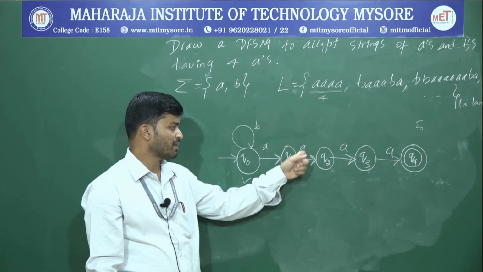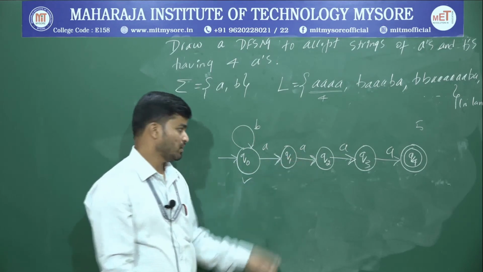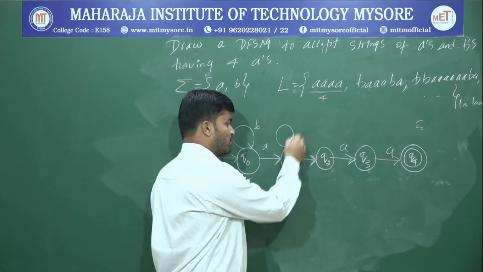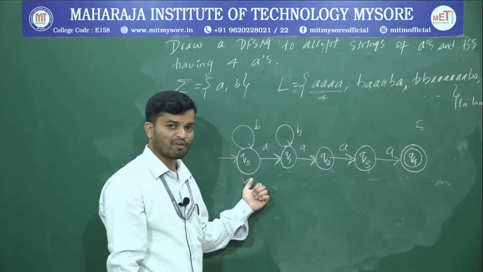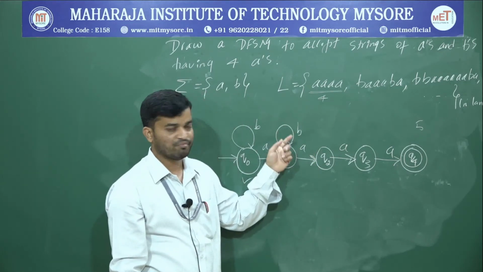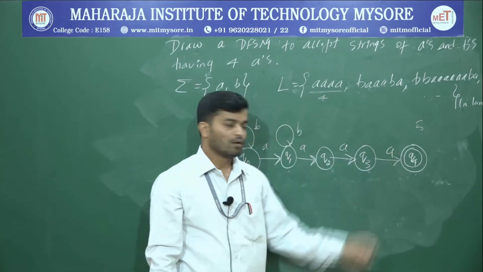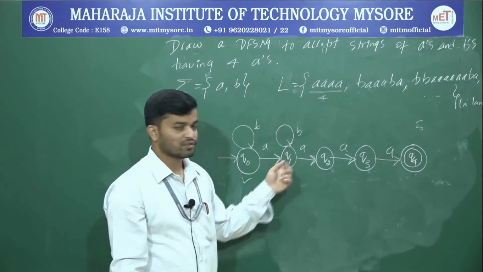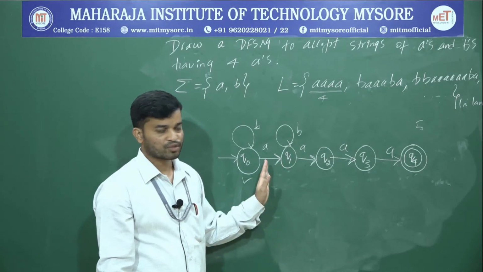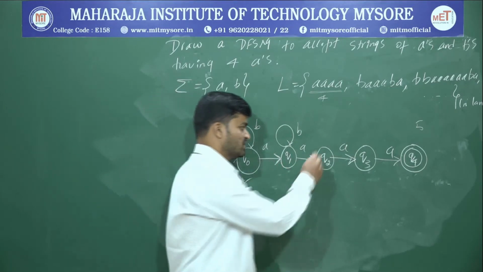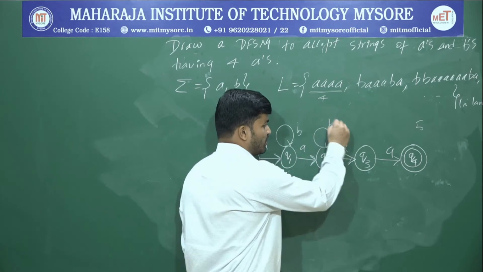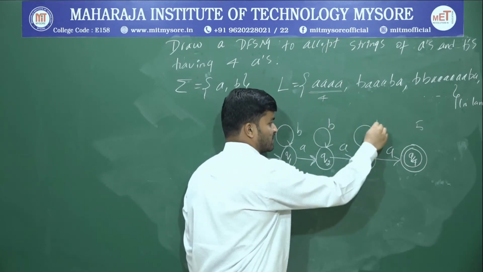Now go with Q1. There is a path for A. Now to give a path for B, write a loop upon B. So I can have 10 B's, 1 A, then any number of B's, 1 more A. Before going to the accepting state, I will still have 4 A's. Therefore the loop is a valid option. So go with a loop. Again, same thing for Q2 as well as Q3. I think you can understand that one.